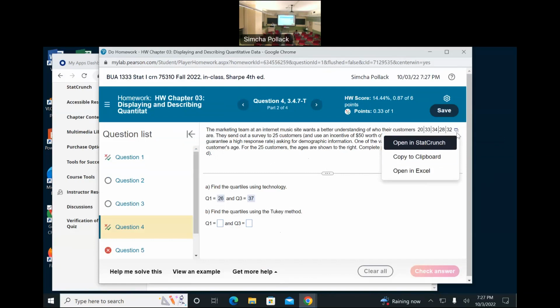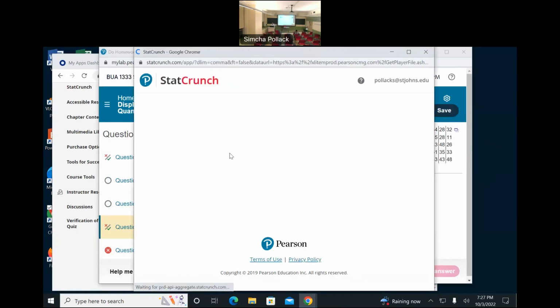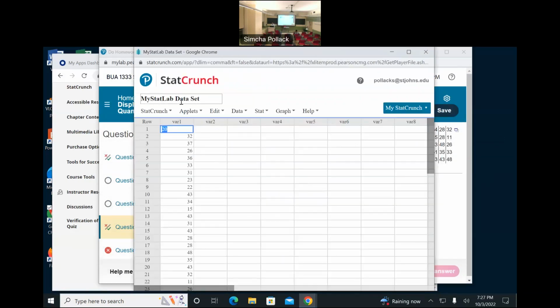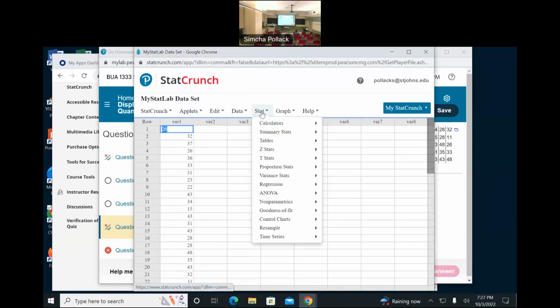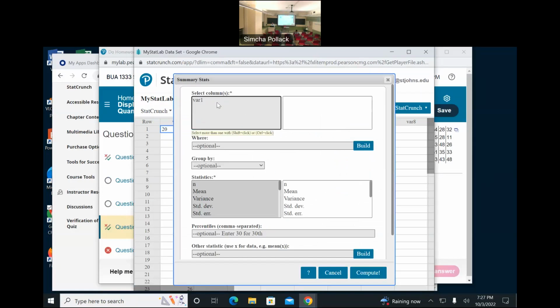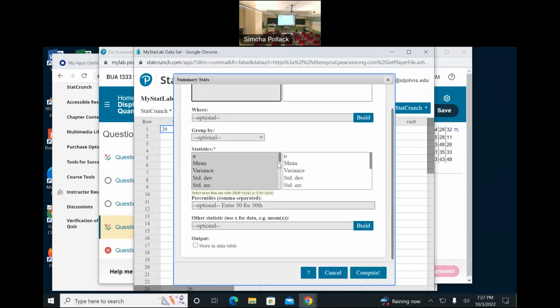So you open the data in StatCrunch. You're going to go to Stat, Summary Stats, Columns. And now you take var1, of course, there's only one choice in this case. We don't need this here, we don't need this here. What we do need is to make sure that we have included the quartiles, which are Q1 and Q3, which just to tell you what it means,